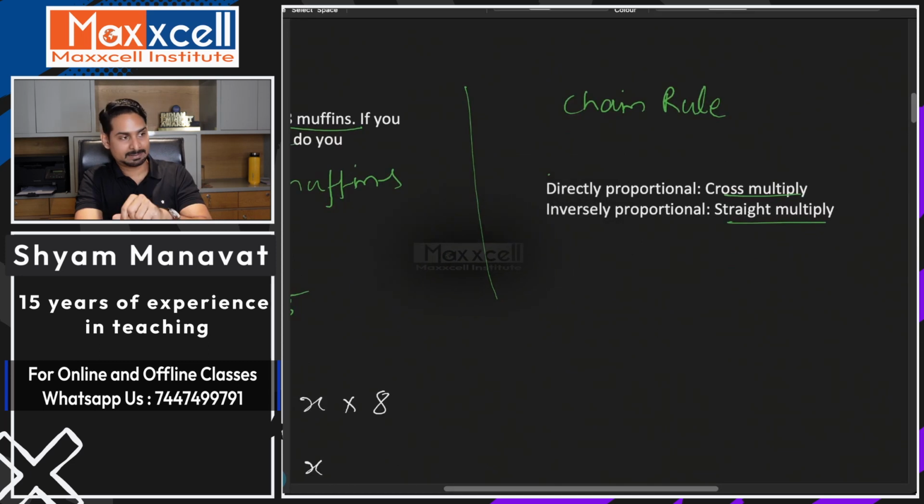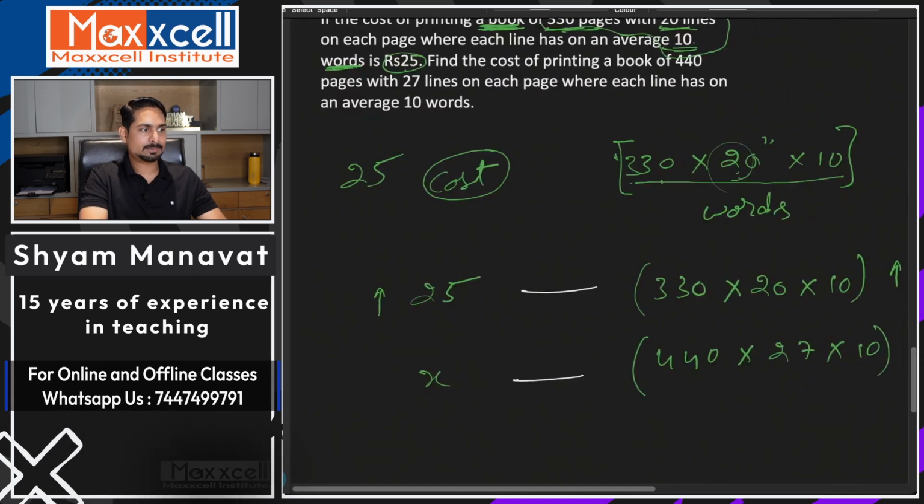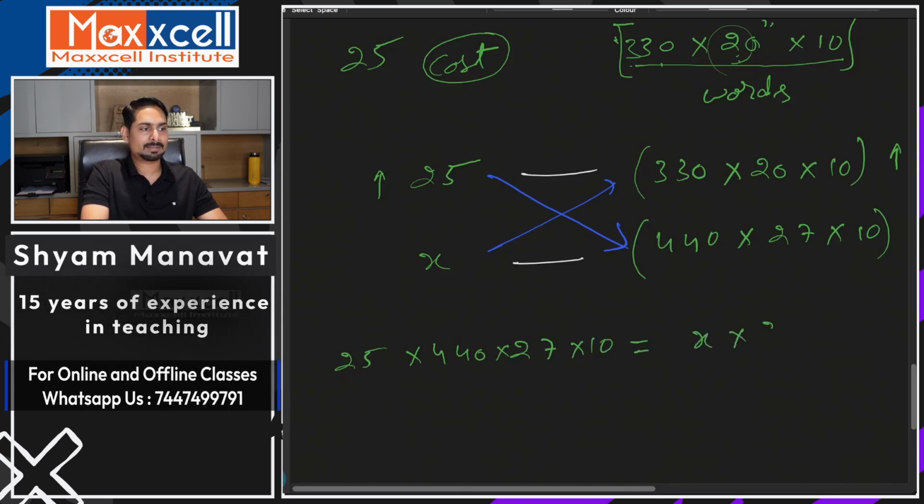Cross multiplication is equal for directly proportional; for inversely proportional, the straight product is equal, right? So here directly proportional, then the cross product will be equal. So let's do the cross product. What do you have here? 25 multiplied by 440 multiplied by 27 multiplied by 10 is equal to X multiplied by 330 multiplied by 20